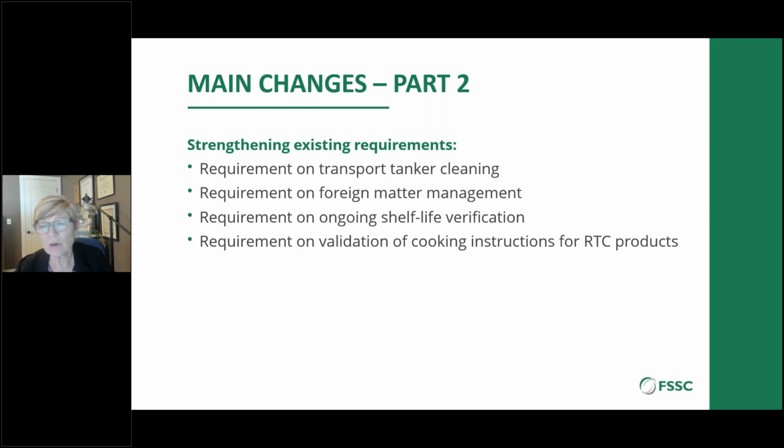We strengthened some requirements on tanker cleaning, so there's a need to ensure that tankers are clean and verification of the cleaning process. There's an added requirement for foreign matter control. A risk assessment needs to be made on whether foreign matter is going to be an issue, and how you're controlling it, whether it's a metal detector or a sieve, and how you're using it, and verification for if you're not using a